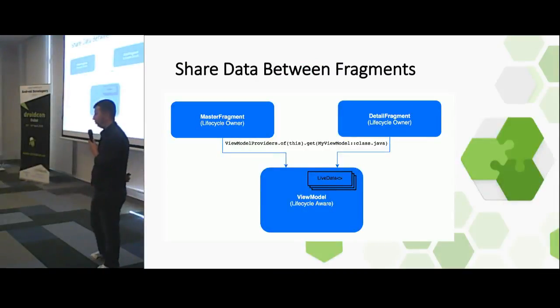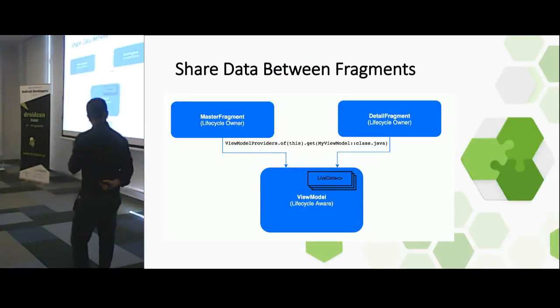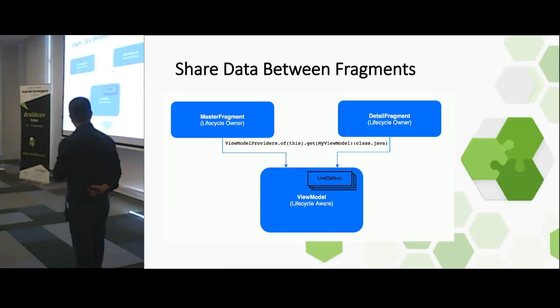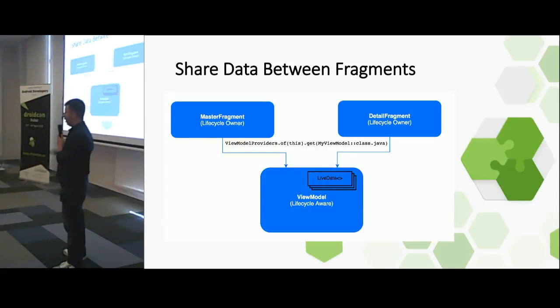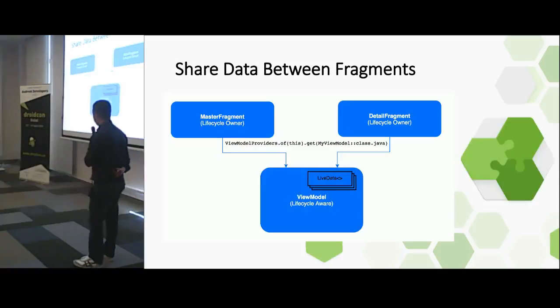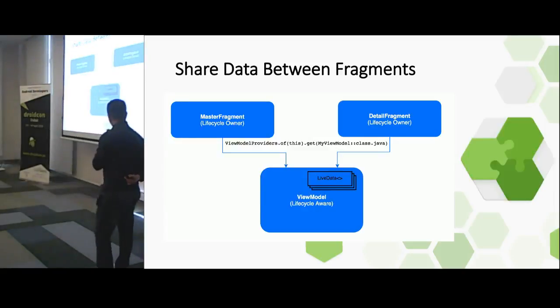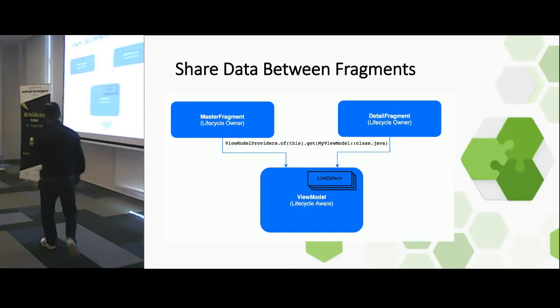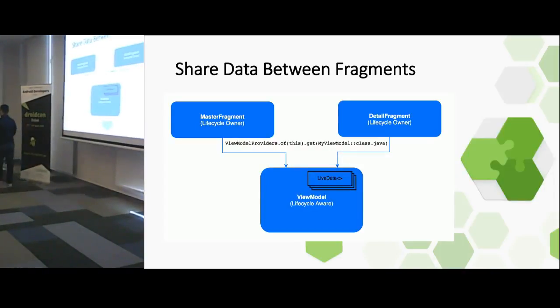Okay, there are other benefits of ViewModel. First of all, we can share data between fragments, right? On the picture, we see a master fragment and a detail fragment. For instance, assume a tablet. We have two sections, one is the list, and the right side is the detail. When the user taps on one of the list items, then we want to see the details on the right side. The magic is here that the two different fragments are connected to the same ViewModel, and the master fragment observes the list object in the ViewModel, and the detail fragment observes the detail object in LiveData.